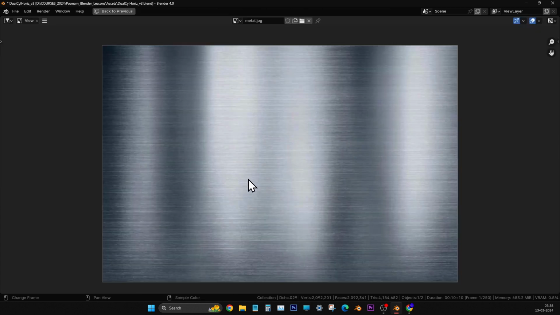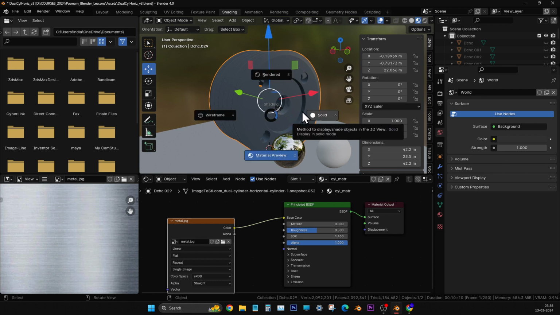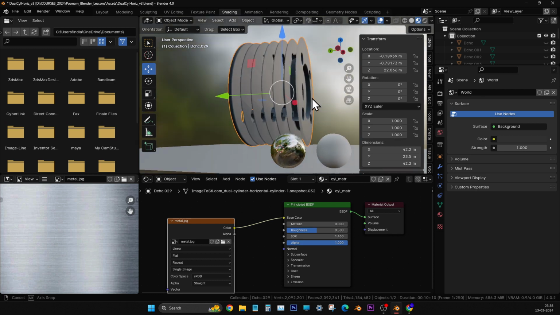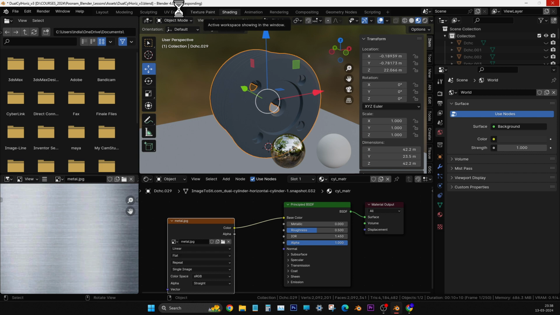So this is the texture I have applied. But it's not showing up. It's in material preview only because the UV is not there. Maybe we'll try that. No? Let's take a risk and